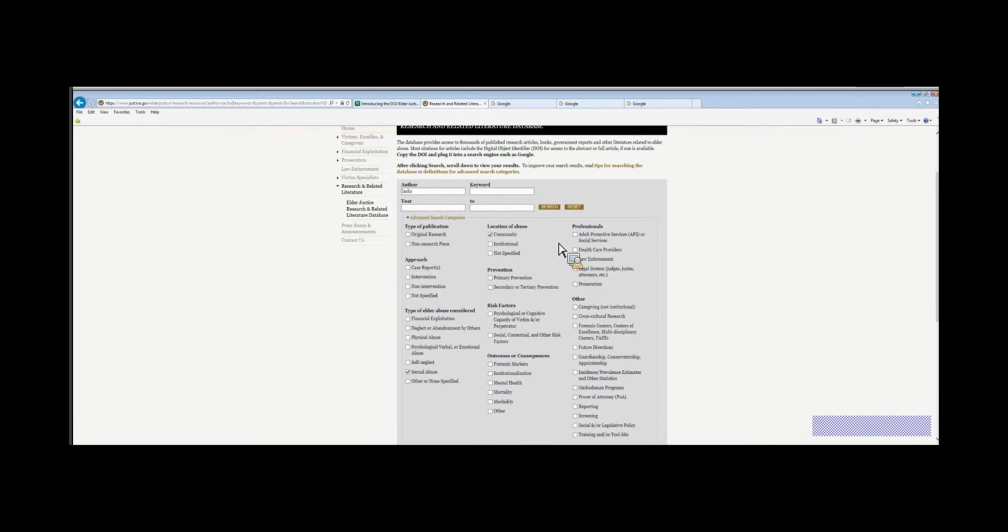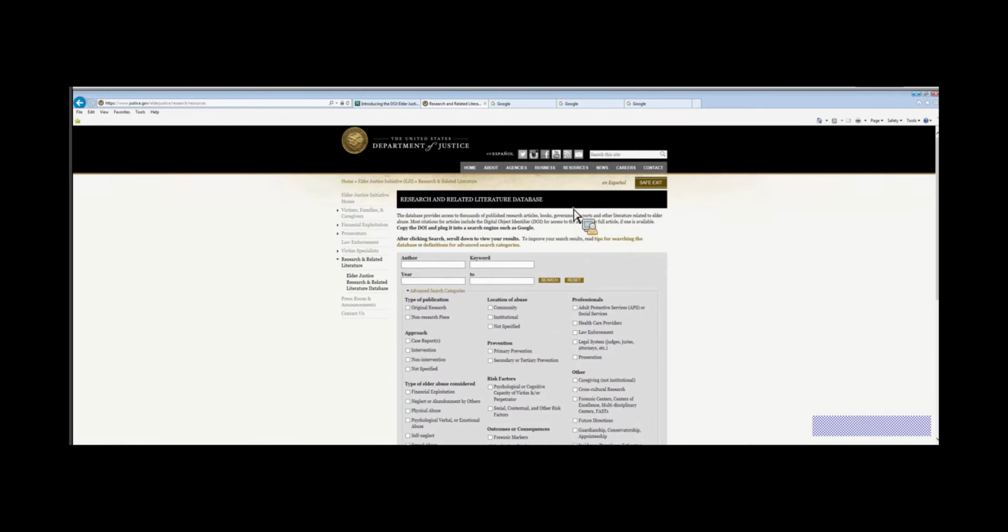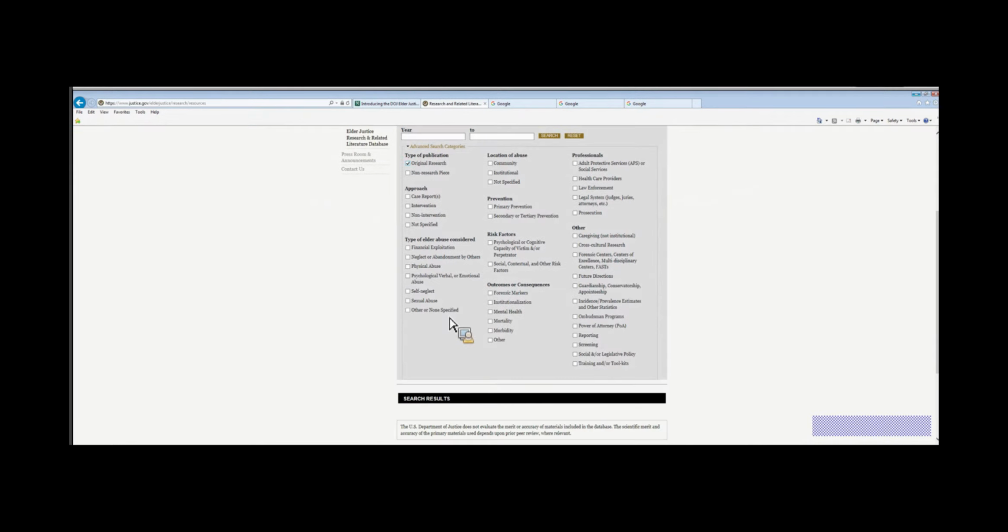We'll reset this, and let's say that we're interested in original research, someone who's done actually original research in the area of neglect. Type of abuse is, let's go to neglect and abandonment, not necessarily self-neglect, and let's see what original research in the area of neglect has been done that involves adult protective services. So there's a column here, or a series of categories here on professionals. So we'll click on adult protective services, and we'll search,